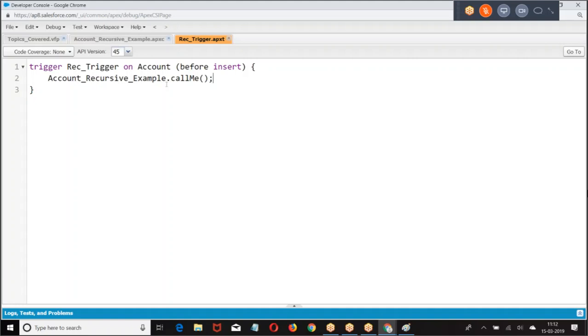When an account is created, the trigger is called. Within the trigger, what am I doing? Inserting one more account. When you insert one more account, automatically it is also going to call the trigger one more time, because in the before insert trigger on account, we are inserting an account. Obviously, what happened? The trigger is calling itself. In the trigger, I wrote logic to insert an account, which will call the before insert trigger again. Are you getting my point? Trigger calling the same trigger. Look at this example.